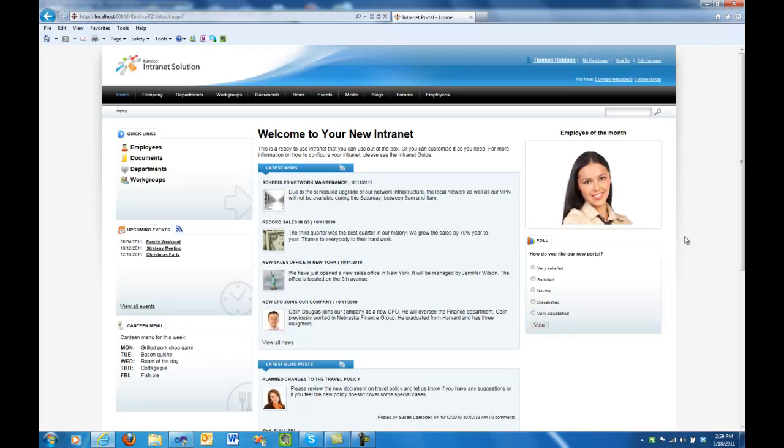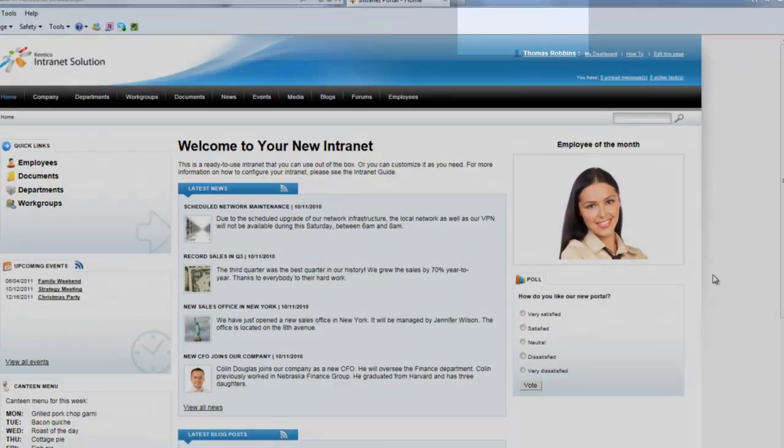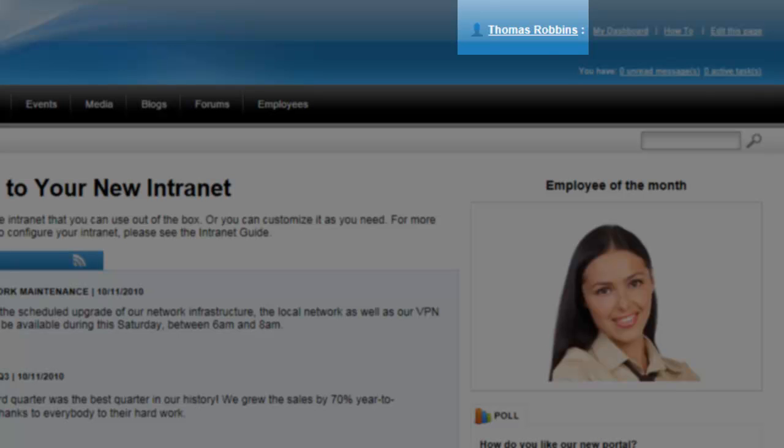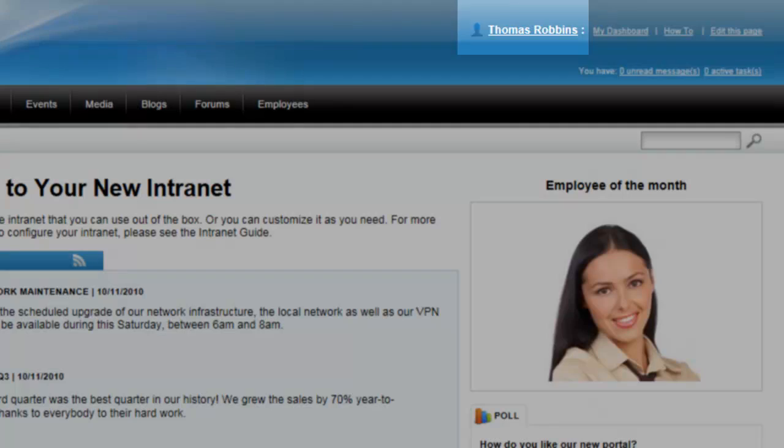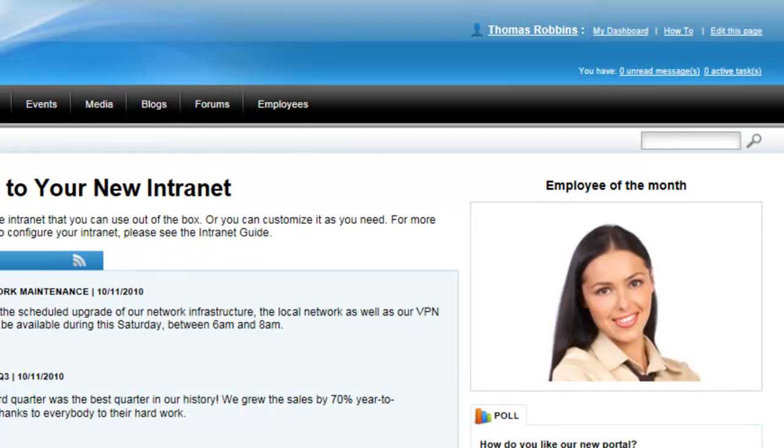I've now switched over to Windows authentication, and you'll notice a couple of things. First, that I wasn't prompted for a login screen. It brought me directly into the application. You'll also notice that my default navigation on the upper right-hand side has my name, Thomas Robbins. So it automatically picked up who I was based on my machine credentials,